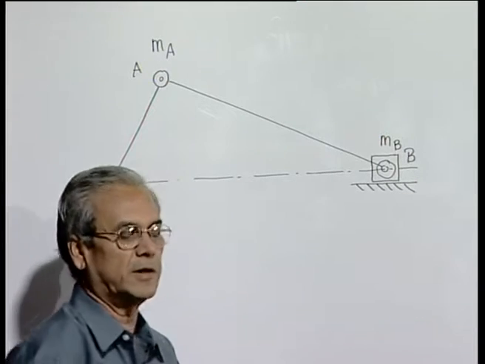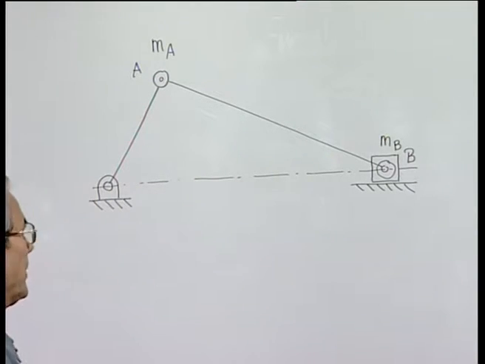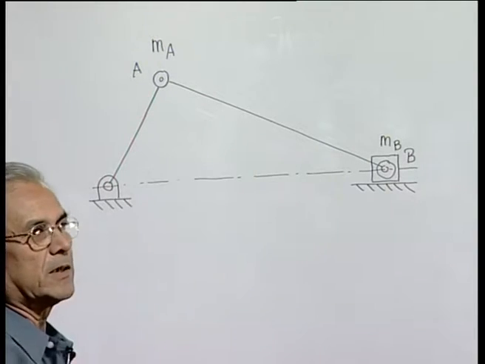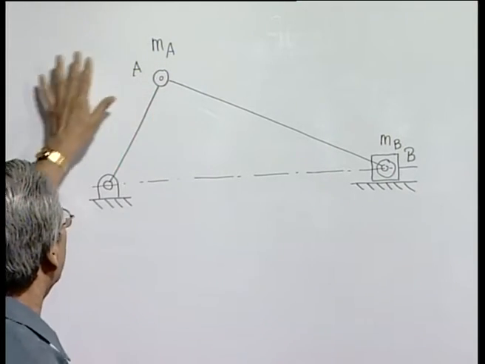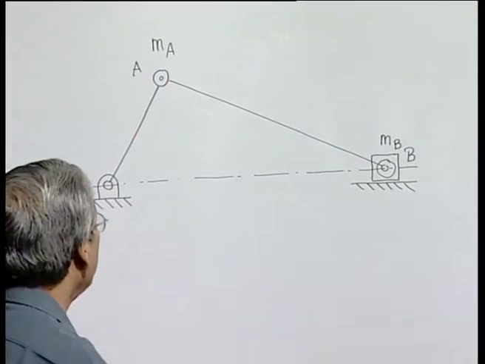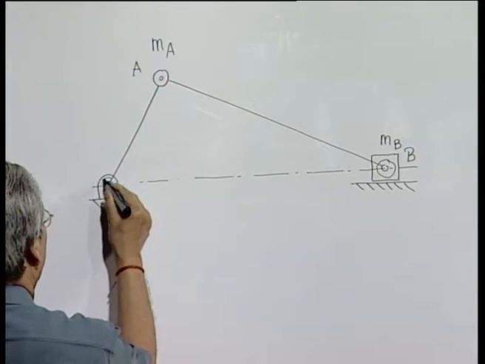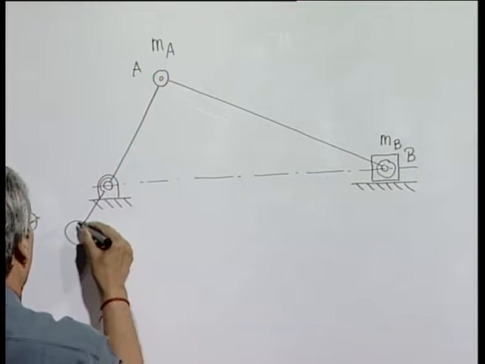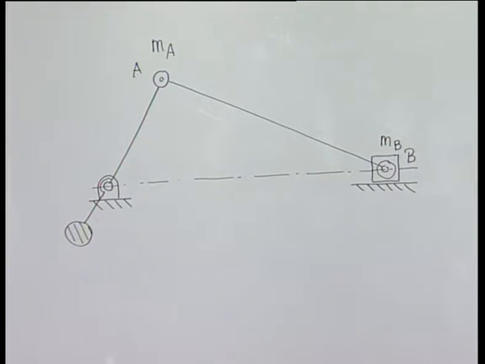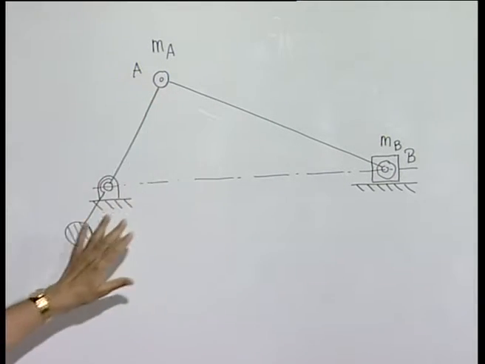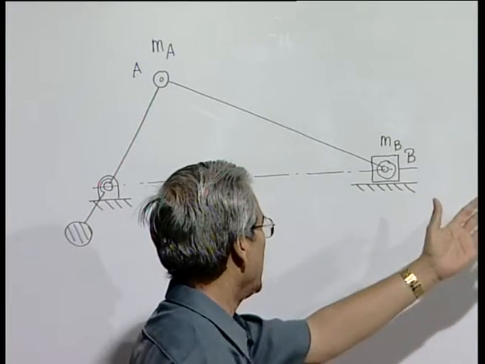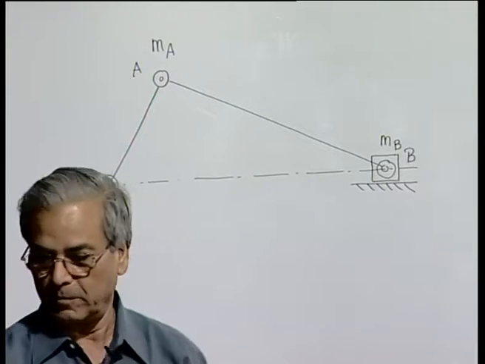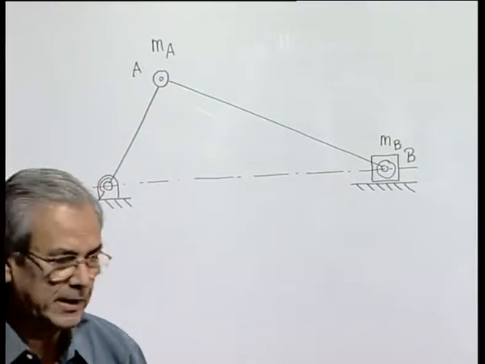and this becomes a massless rigid rod. In the process, all the matter contained in this mechanism or machine is now divided into two parts. One part is a purely rotating object which can be easily balanced by providing a counterbalance opposite to the crank. And once that is done, what remains is only this mass or slider which is executing a reciprocating motion. So, then we have seen that